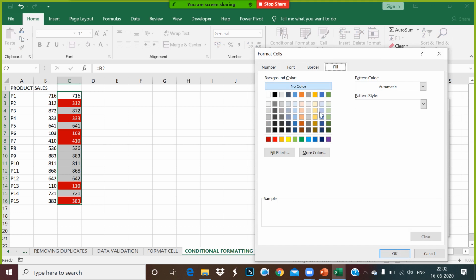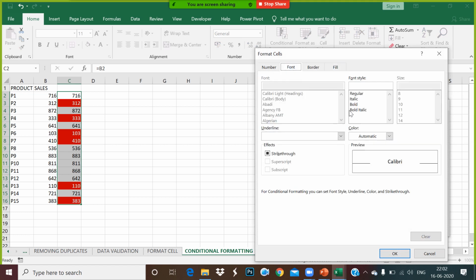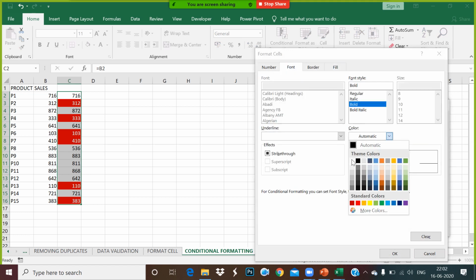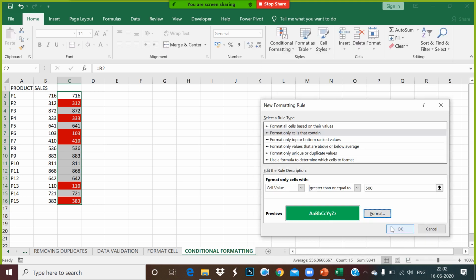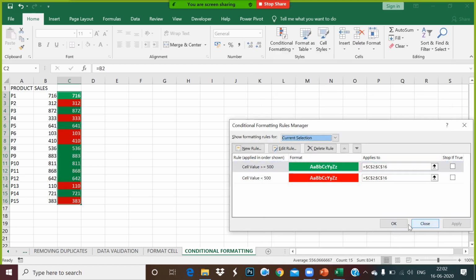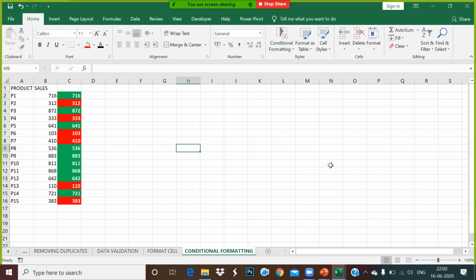Choose the background color as green, and the font bold and white color. Can you see this? So I can easily identify where my sales is going more than 500 or less than 500. Got it, guys?